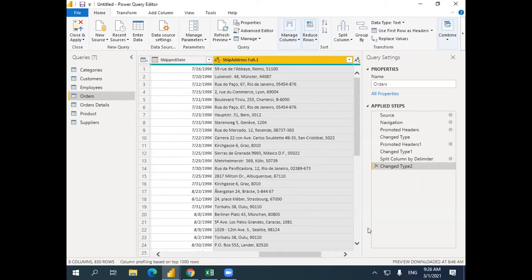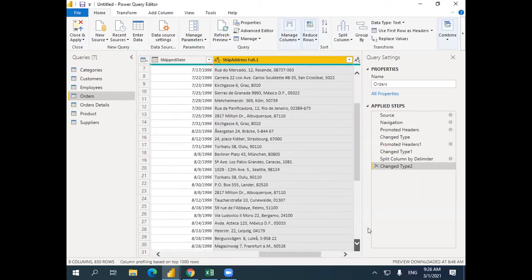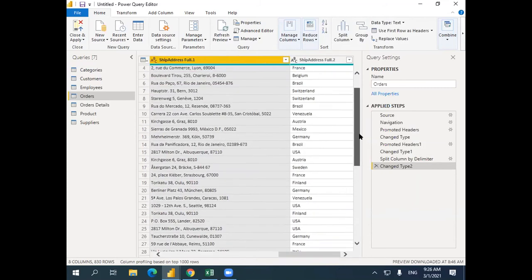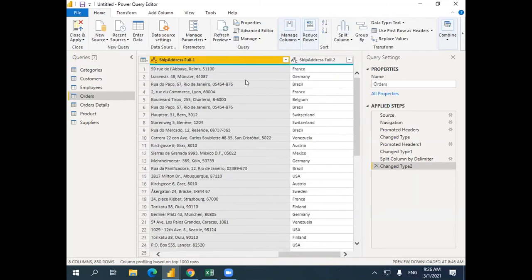So right now you can see that the comma is splitting the country out for you already, and there is no comma, because once you use that delimiter, it will be removed from the newly split column. So that means you lost one comma already, but you get the new column that is called ship address full in here. So when you get this one already,